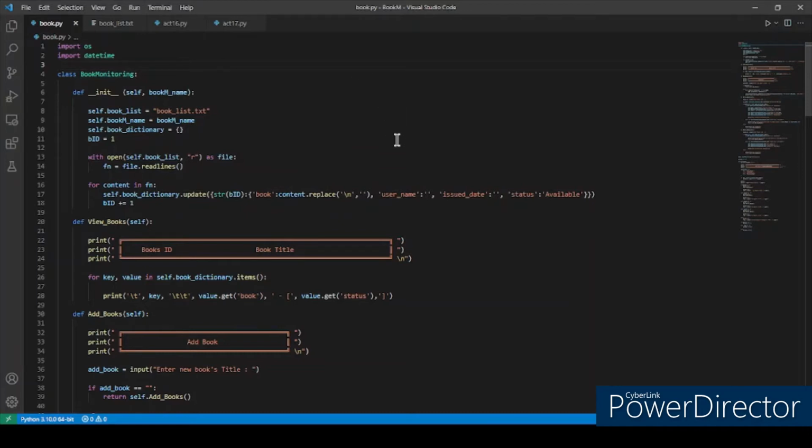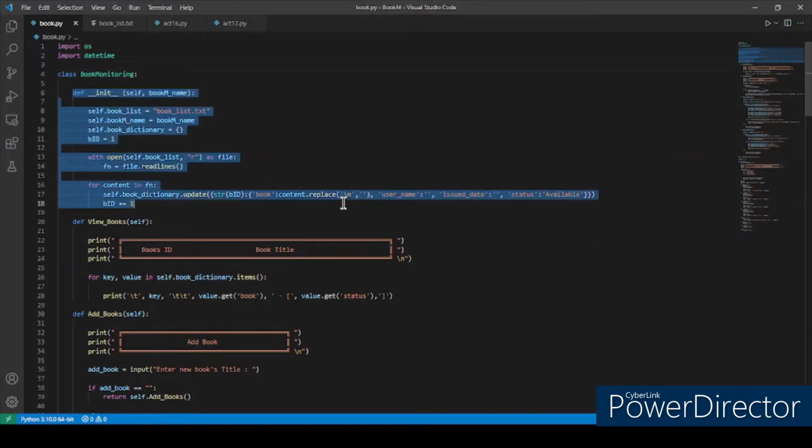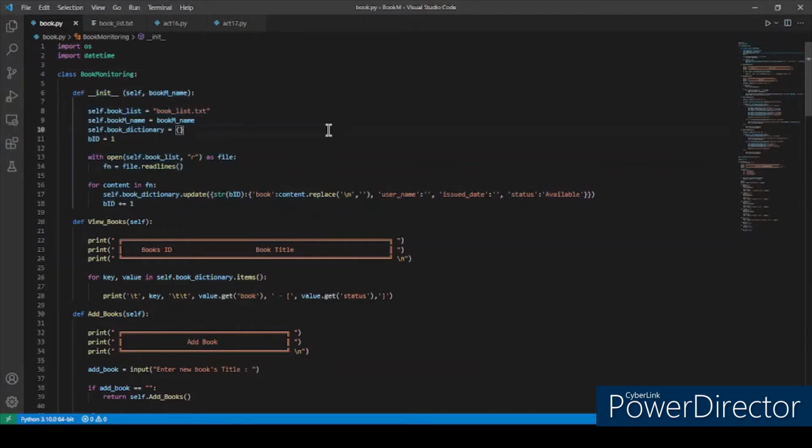So, inside the class, I have the init function, which is a Python constructor. Pwede niyang i-initialize or pwedeng mag-assign ng values sa mga data members ng class na ginawa ko once na yung